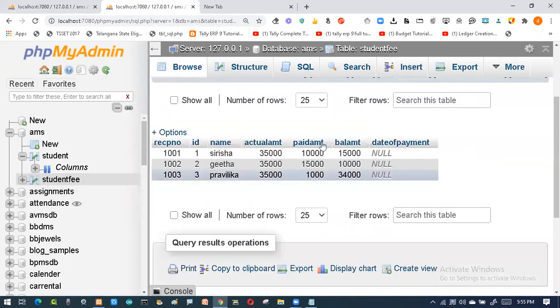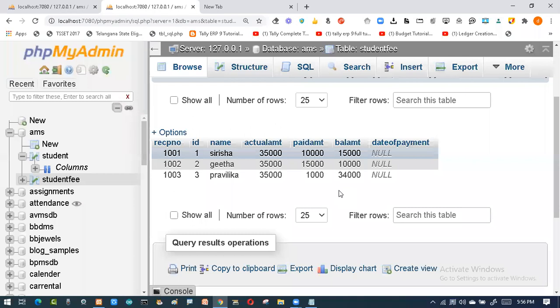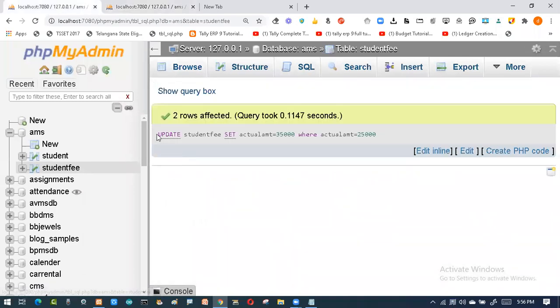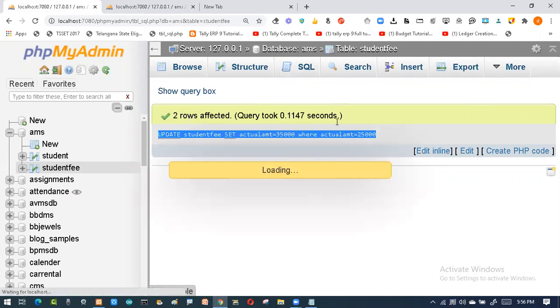Now what is our next duty? How much he paid, this has been paid. Again the balance amount has to be calculated. Otherwise, if you leave it, this is a wrong option. So I'll go over here, check my condition, or if you know the command you can just copy and paste it or type it. I'll prefer typing, because you also learn and I also learn.